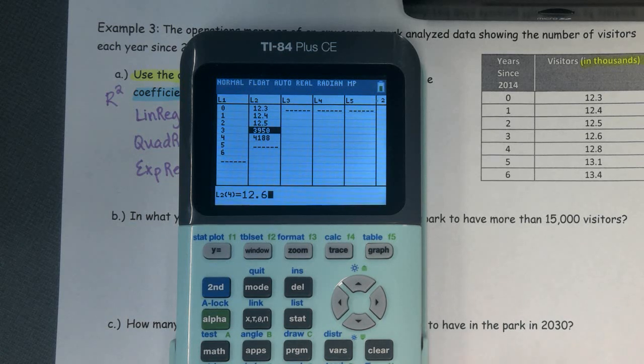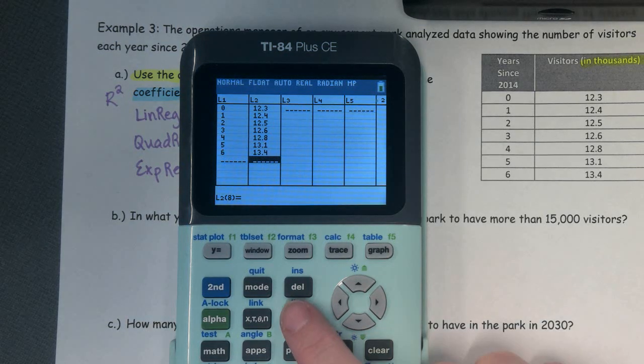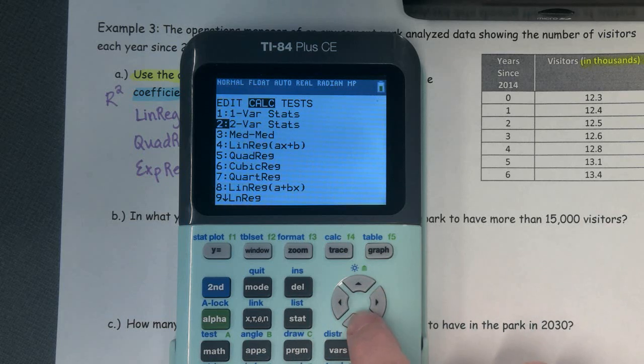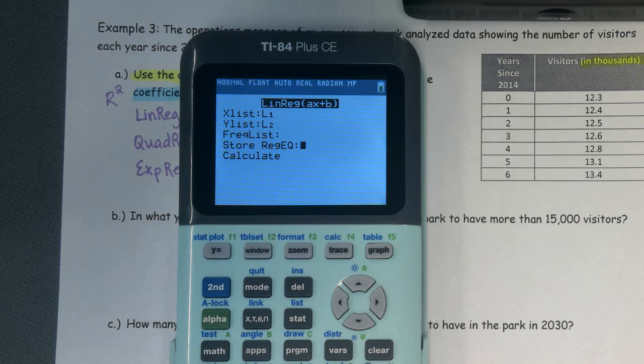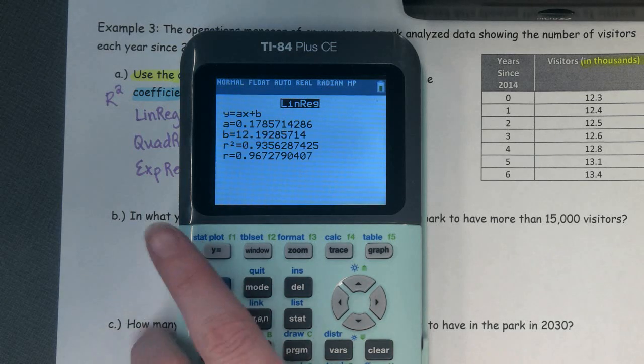12.5, 12.6, 12.8, 13.1, 13.4. Again, make sure that those line up and that you didn't accidentally miss one. And then we're going to go to stat, arrow over to calc, and then linreg is number 4, and then you're going to calculate. Okay, so your r squared,